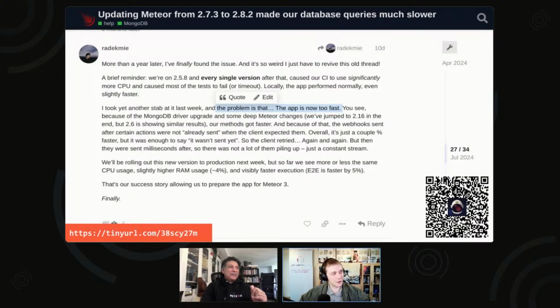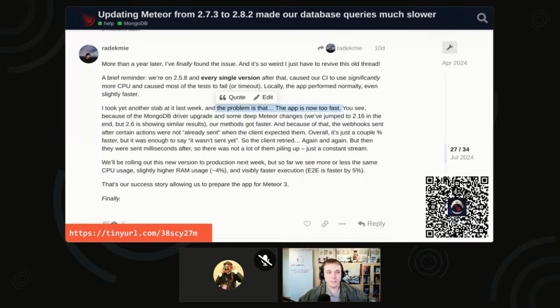Okay, so first story. It's a bit of a meme story. I say, Meteor is so fast, much wins, and this goes to quite an old post by Radoslav, almost a year back, and he had issues with upgrading to Meteor 2.8.2 from 2.7.3 because when they did that, all of their CI started failing, and it was just a total disaster because of speed issues. And now he has looked even more into that, and figured out that the issue wasn't